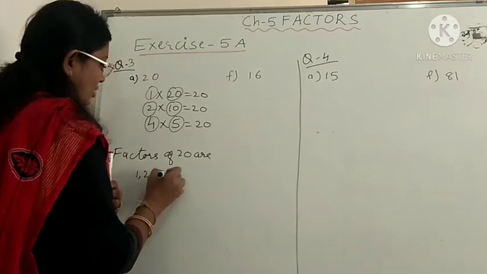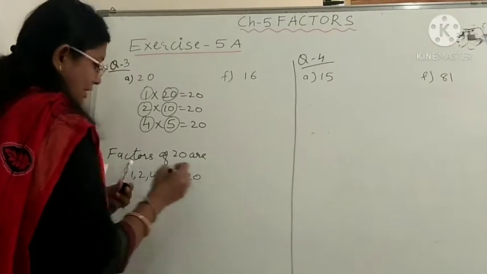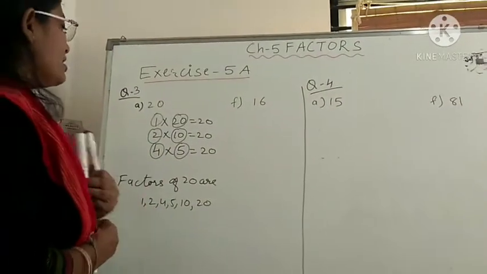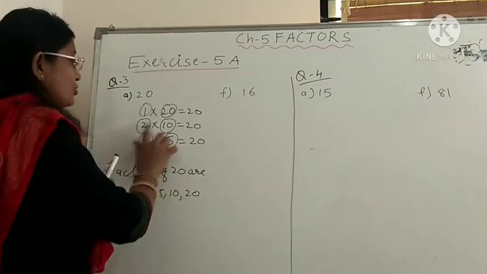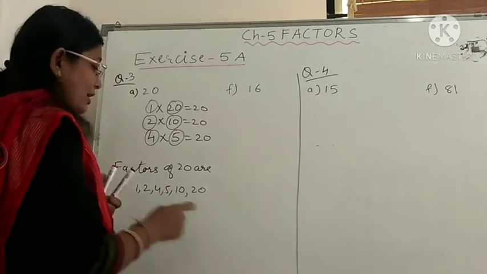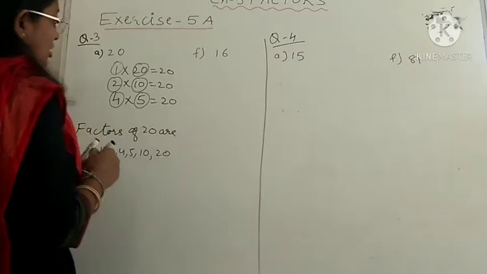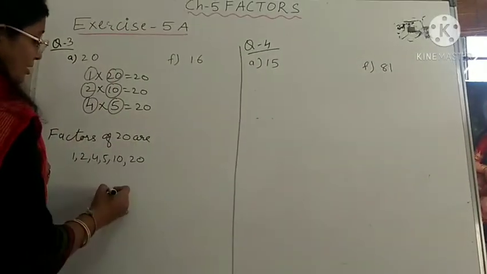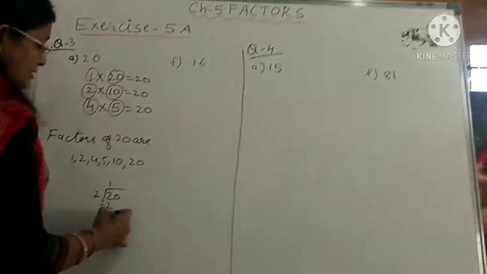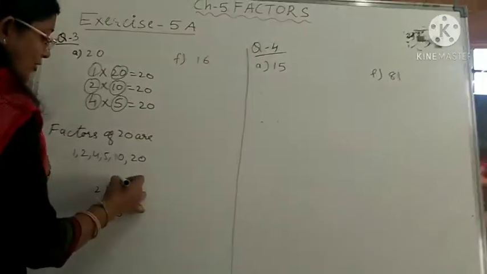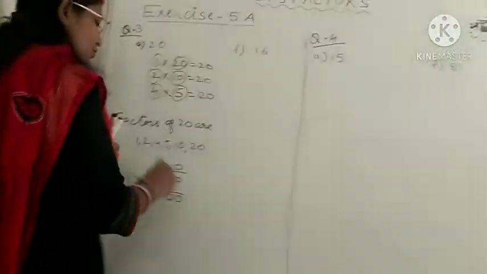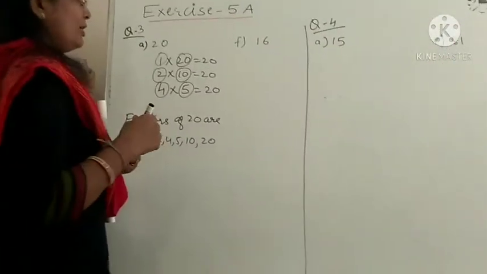1, 2, 4, 5, 10 and 20, right? This way you have to do the multiplication method of finding the factors. Children, if you don't know, see, I know that 2 tens are 20. If you don't know what you have to do to find that, in rough you have to divide this number. 20 divided by 2. 2 ones are 2, minus, 0. 0 will come down. So 10 will come, as 2 tens are 20. Like that you can find out from rough also, by doing rough work.